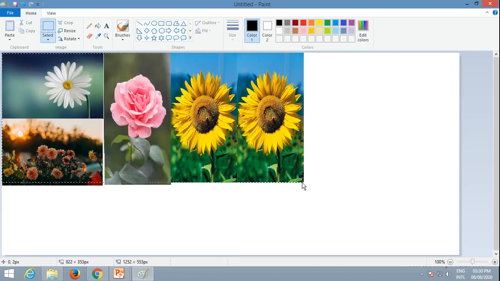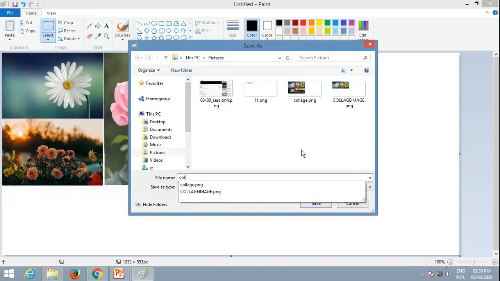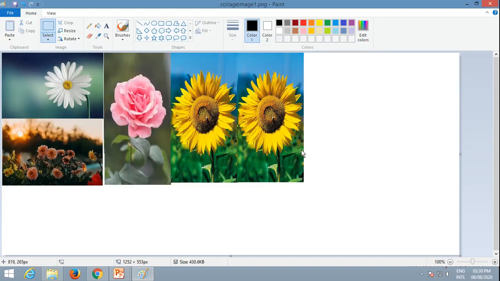Now you can just select all this and then you can save it using any JPG. Suppose we can give here collage image 1. Now this is our first way to create the collage image using the paint.